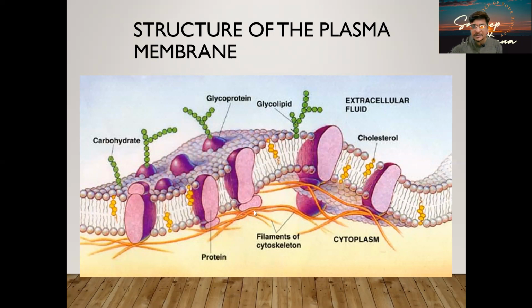And there is some protein that can be loosely attached. So we can keep protein in two categories. One is peripheral protein, another one is integral. Integral will include the transmembrane protein as well, a protein which passes from one side to the other. It spans from the exterior to the interior of the cell, which is called a transmembrane protein. And at the bottom you can see the cytoskeleton, which is binding it in order to keep the shape in the animal cell, whereas the shape is maintained by the cell wall in the case of a plant cell.